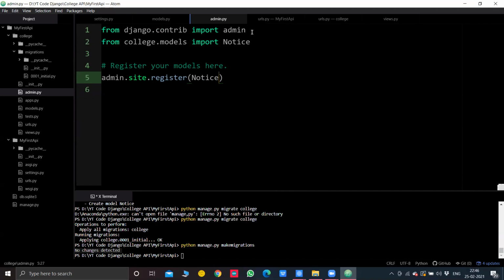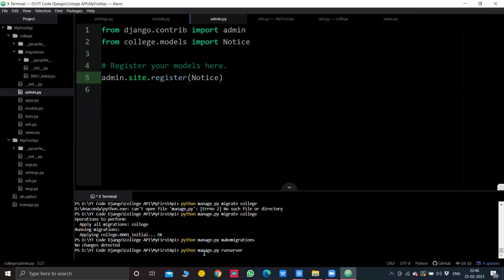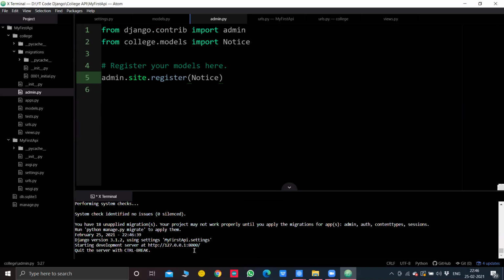Now, the next part is that this registers the table in the admin. But when you run the server and go to slash admin, now I'll run the server. I'll say python manage.py runserver. And when I go to the server, it's showing me hello world, right?